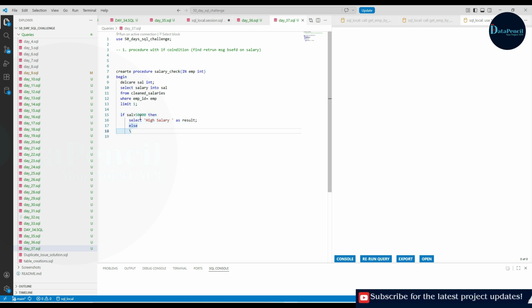Else select 'low salary' as result. Now let's end it. For ending we have to write end if, and then at last write end.